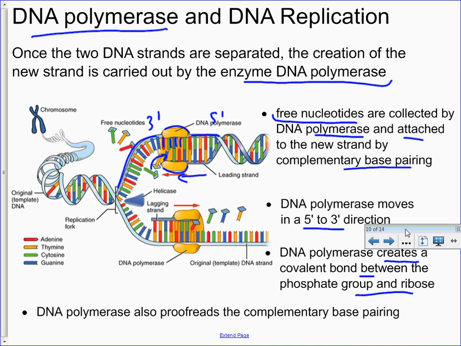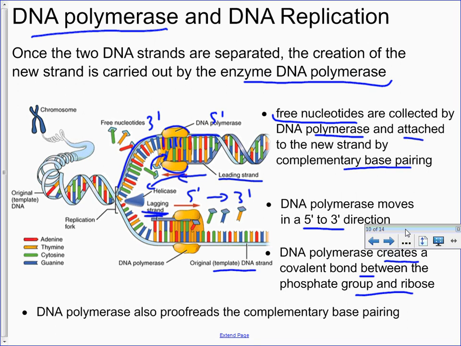It is also important to note that each template strand gets a different name. One template strand is referred to as the leading strand. The other template strand is referred to as the lagging strand. Because DNA polymerase can only move in a 5' to 3' direction, on the leading strand, the DNA polymerase can simply move along following helicase, creating that new strand as the DNA is unwound. On the other strand, which we'll refer to as the lagging strand,